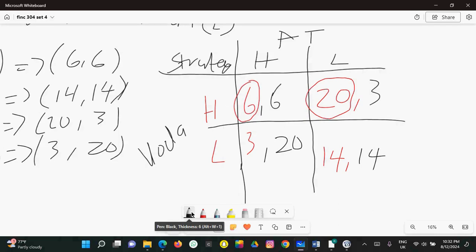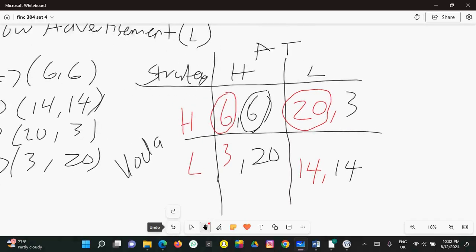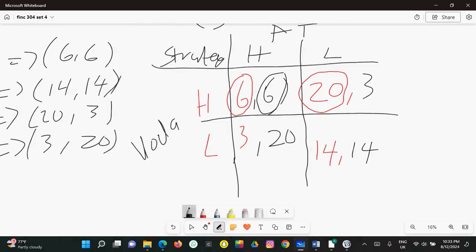So now, if Vodafone decides to choose high, right? Now, Ethel Tigo has the chance to either choose high or low. Checking here, which one gives the highest? It is the high here, because this one gives higher than this, right? This 6 gives higher than this 3, right? So we choose the 6. Then now, if Vodafone decides to choose low, Ethel Tigo has a chance to either choose high or low. Checking the two, clearly, high is still higher,